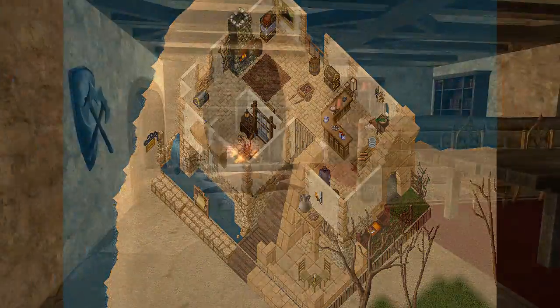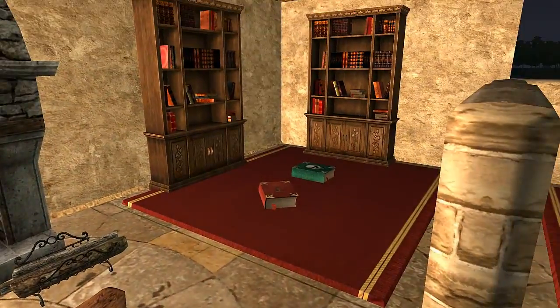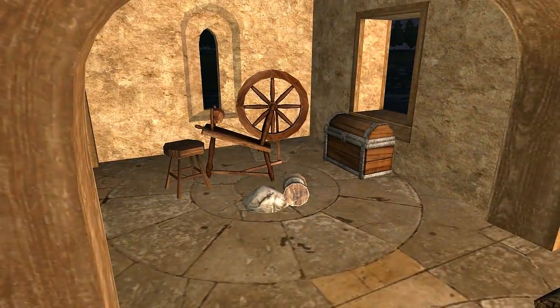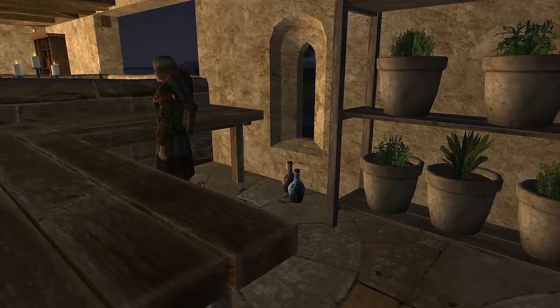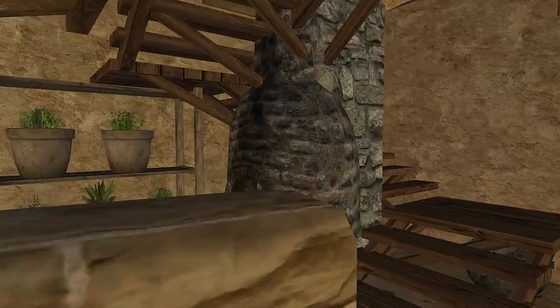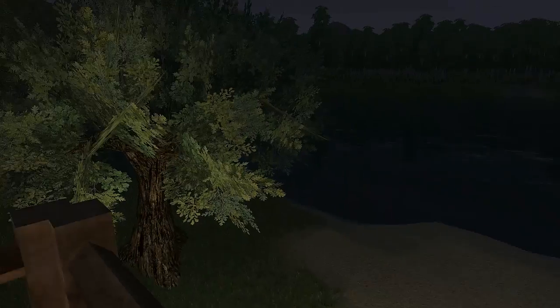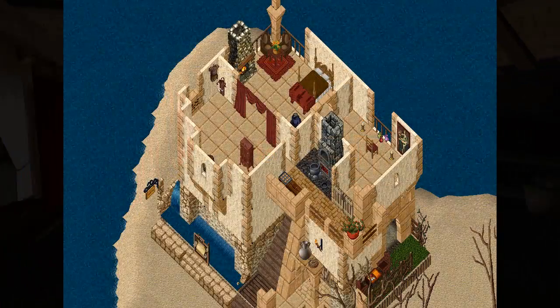The second floor kitchen and living room, the tailoring room, the master bedroom on the upper floor,